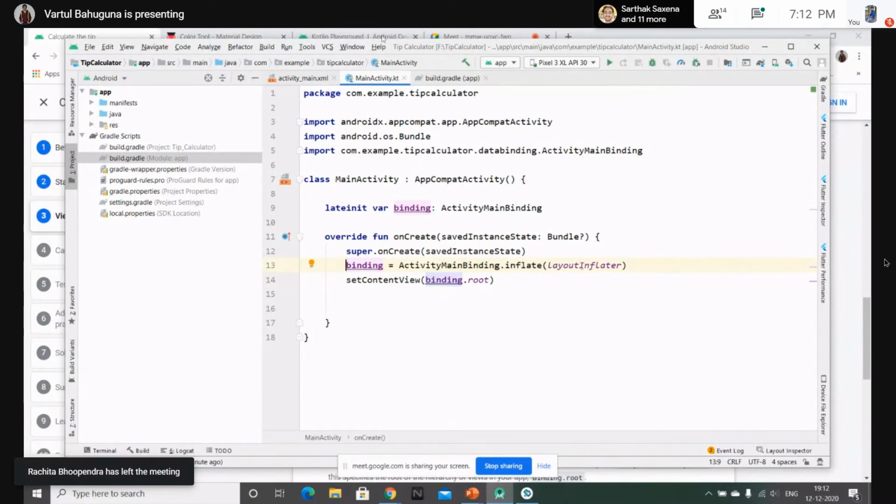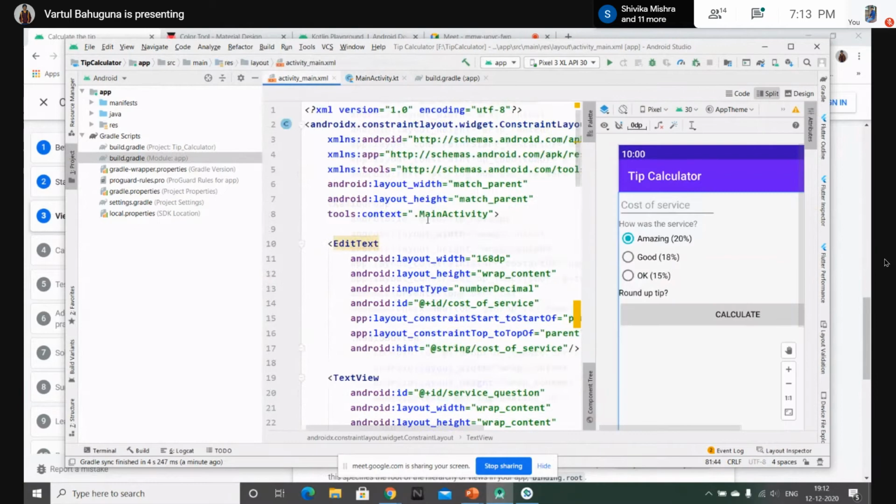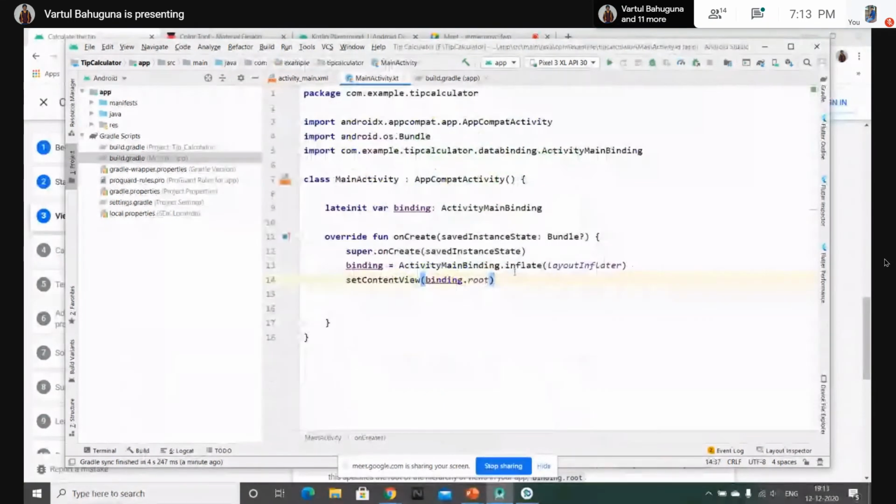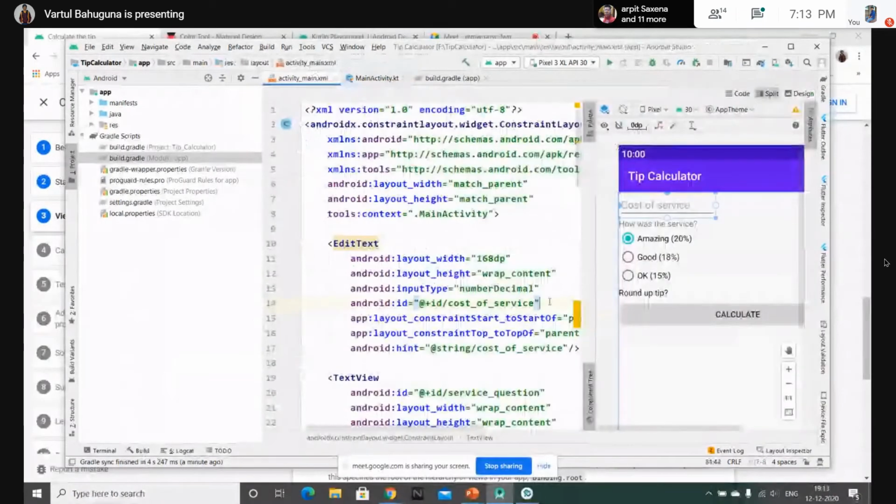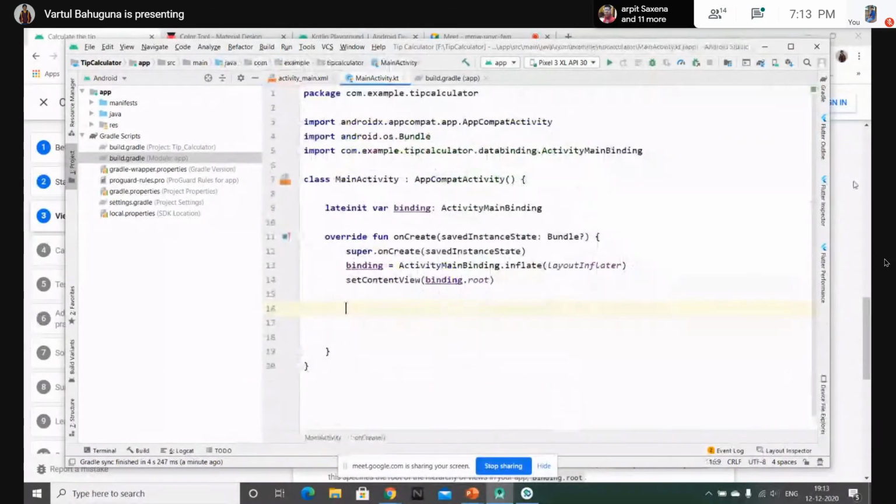So that layout is being inflated by this, and then we are setting the content view to the root of this binding variable. The root of the binding variable will be a constraint layout. So now we can use all the views easily by providing their ID.